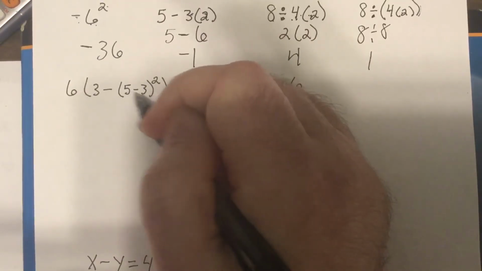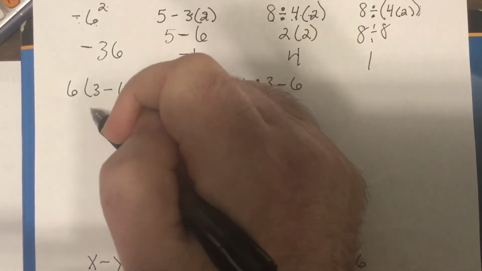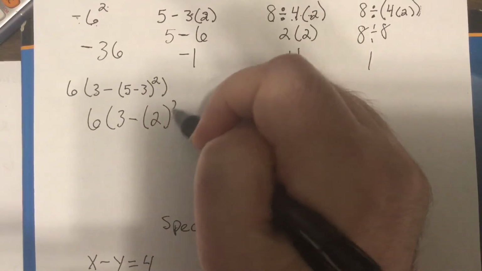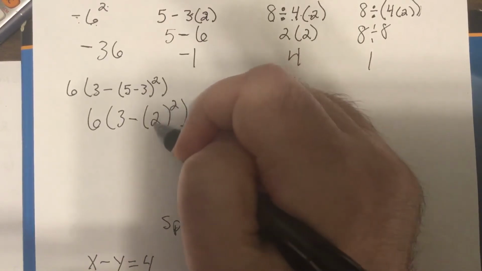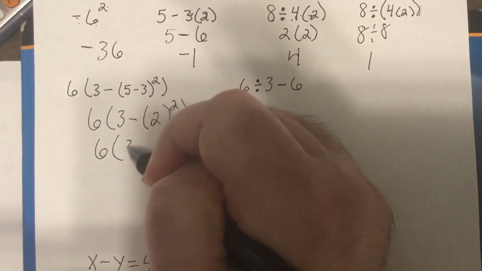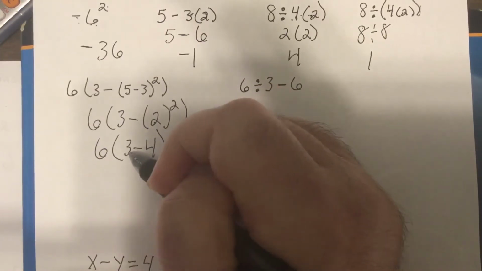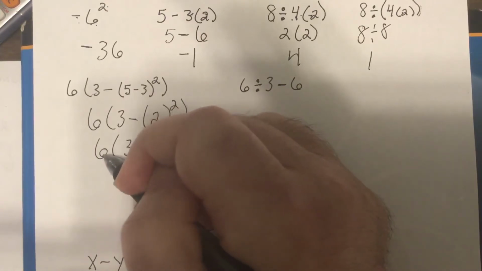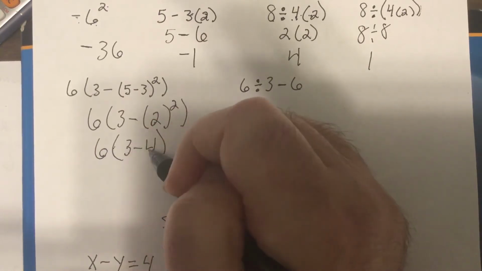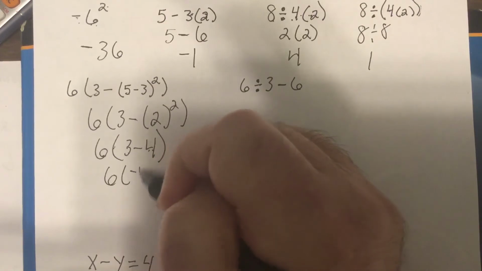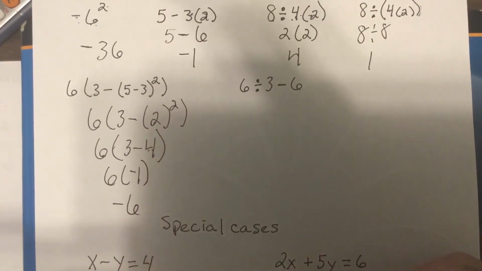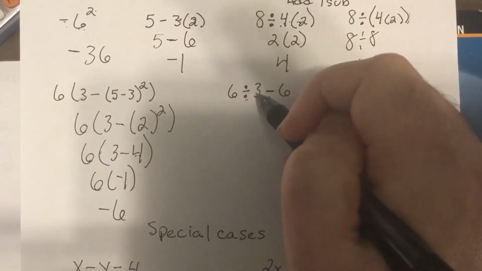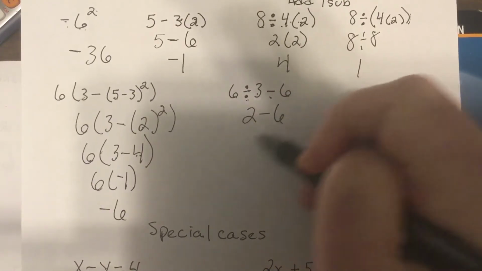This one, you have to do the inner first. So it's 5 minus 3, which is 2. And 2 squared is 4. So you have 6 times 3 minus 4. 3 minus 4, it's a grouping, parentheses. So you do it before the multiplying. Whenever something's right next, it's multiply. 3 minus 4 is negative 1. So it's negative 6. This one, division before subtraction, so 6 divided by 3 is 2, minus 6 is negative